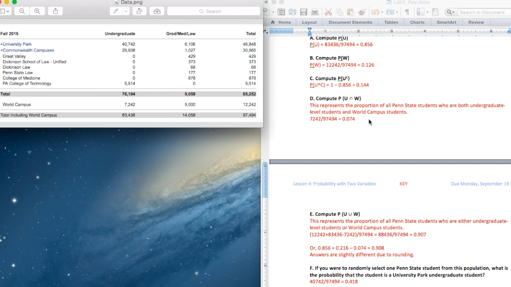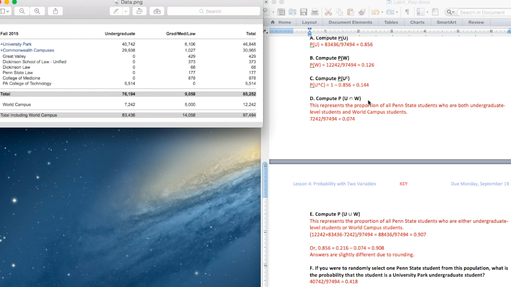Question D is where a lot of students started to trip up, and I think this is because many of you were trying to apply the wrong multiplication rule. A lot of you were trying to say that P of U and W is equal to P of U times P of W. That is not correct. You can only multiply probabilities to find the intersection if they are independent events. We have not yet checked if P of U and P of W are independent events. Later we'll find out that they are not independent events,